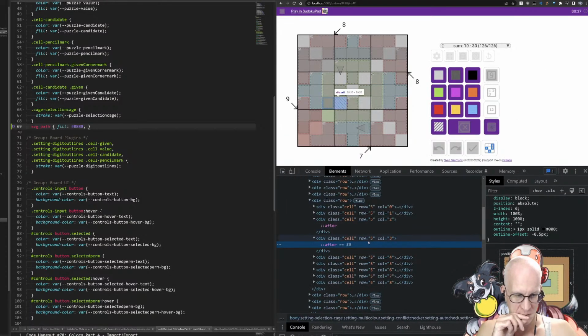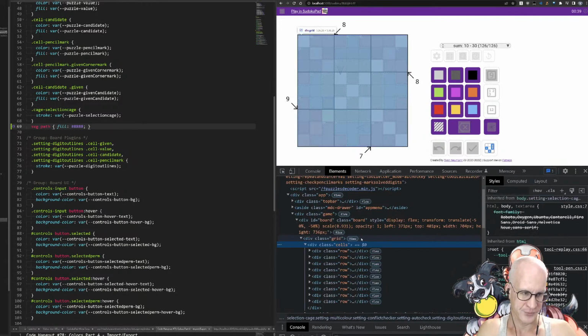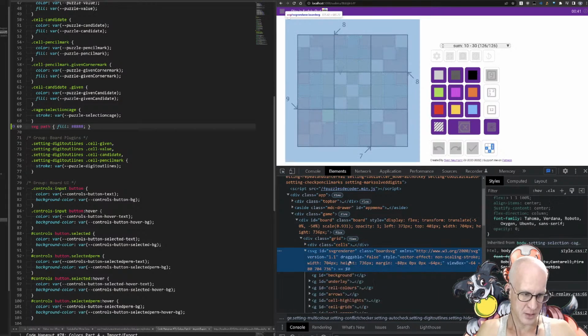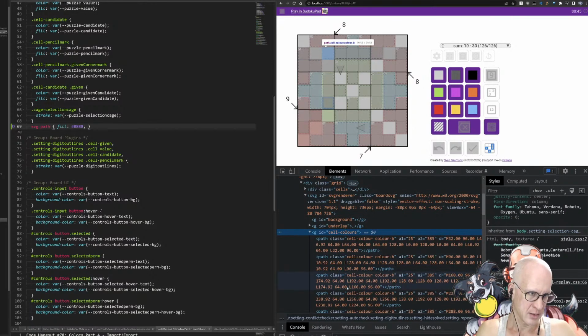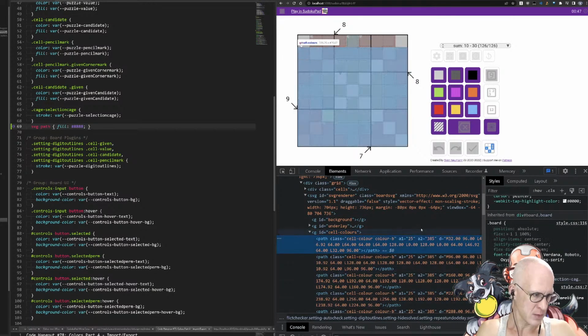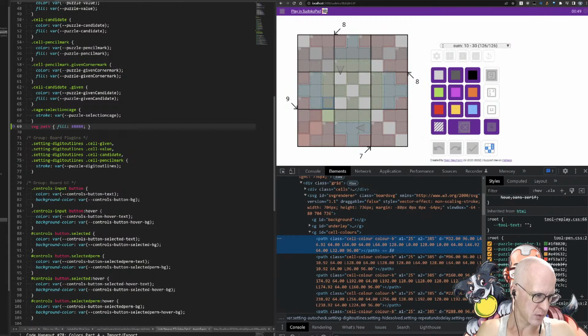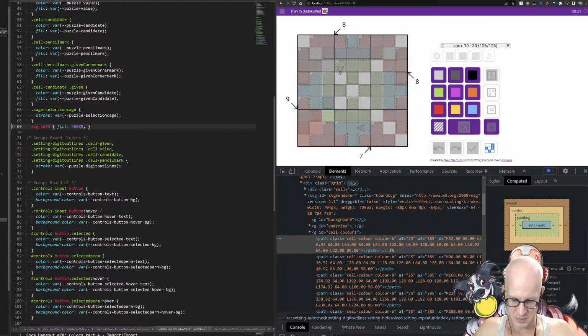But then, yeah. So what? Wait a second. So why would those be black? So why would these be black and the other things would not? Computed fill 8888. And if I get rid of that,